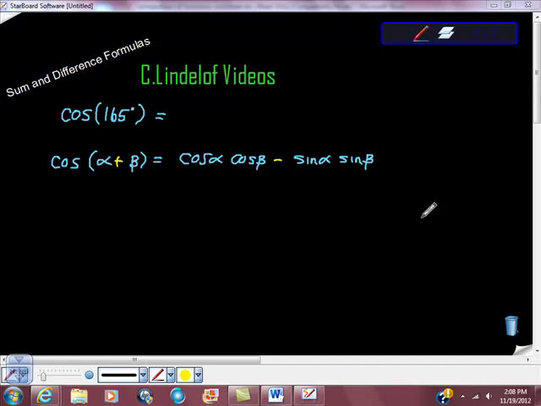So these are sum and difference forms. This time we're going to work on degrees a little bit. So we have cosine of 165, which is not one of the normal angles that shows up on the unit circle, right? So the question is, are there two angles on the unit circle that we know that add up to 165? And there are, aren't there? So we can use this as cosine of,